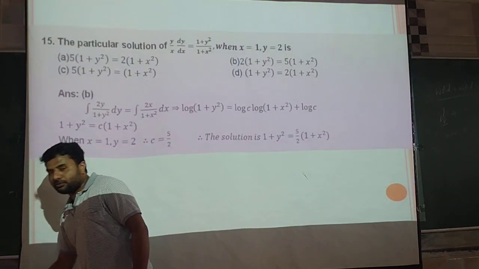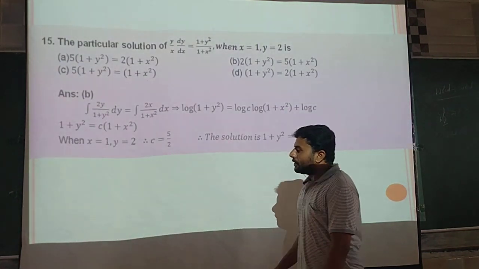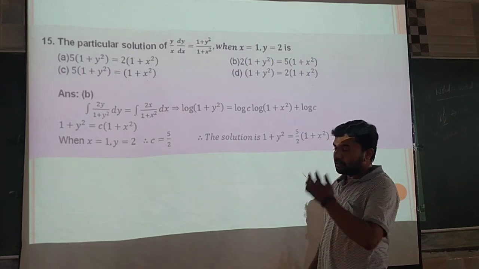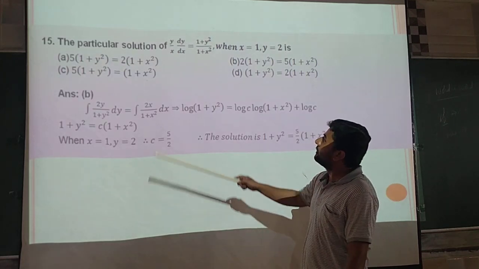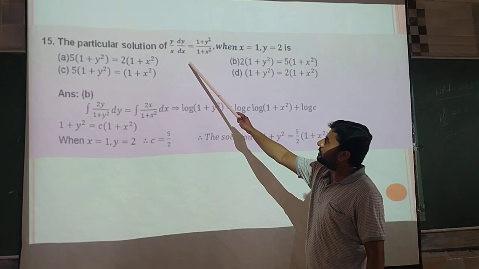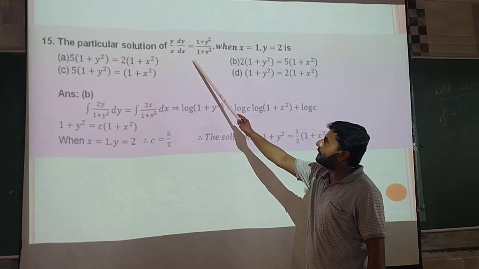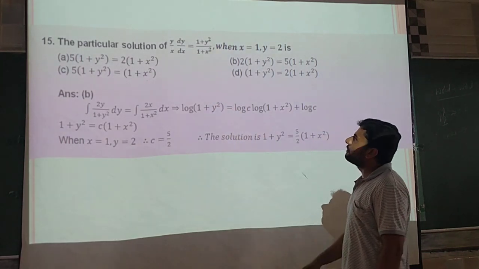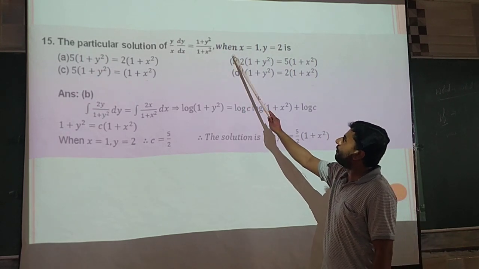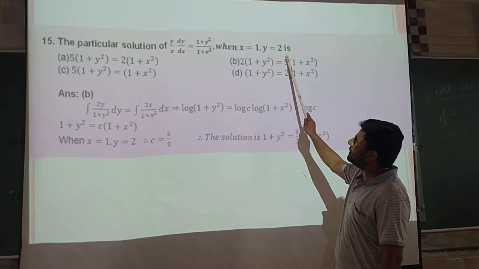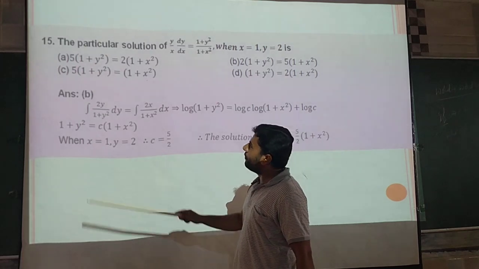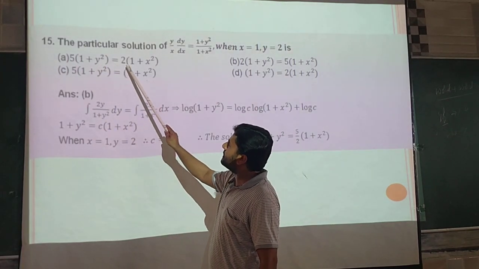Okay, next question, note down. The particular solution of the differential equation y by x into dy by dx is equal to (1 plus y square) divided by (1 plus x square), when x is equal to 1, y is equal to 2. Option A: 5 into (1 plus y square) is equal to 2 into